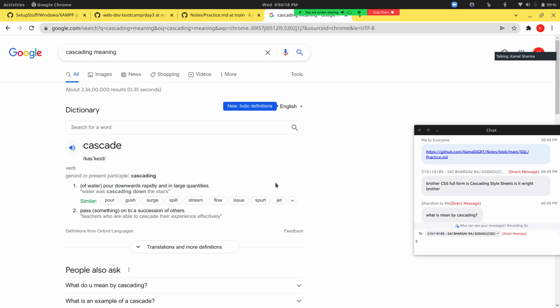Well, in simpler words, let's say you have a pen and you are giving that pen to a friend. Or let's say you are a king and you have your son. After you die, your kingdom will belong to your son, right? So that can also be called cascading, or maybe inheritance. That is called inheritance, and that's the actual stuff which is happening. But you can also call it cascading, like passing from one thing to another, because that is what we are doing, right?